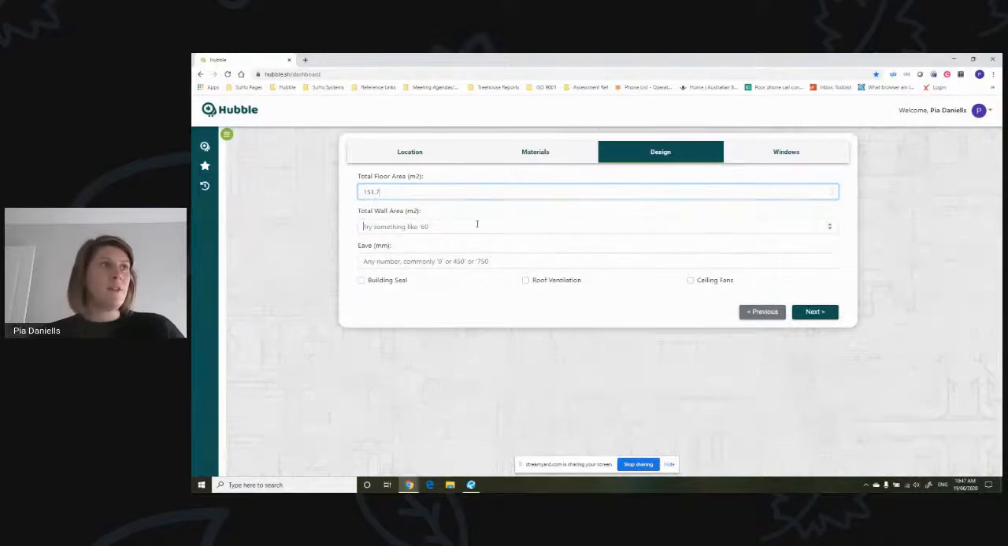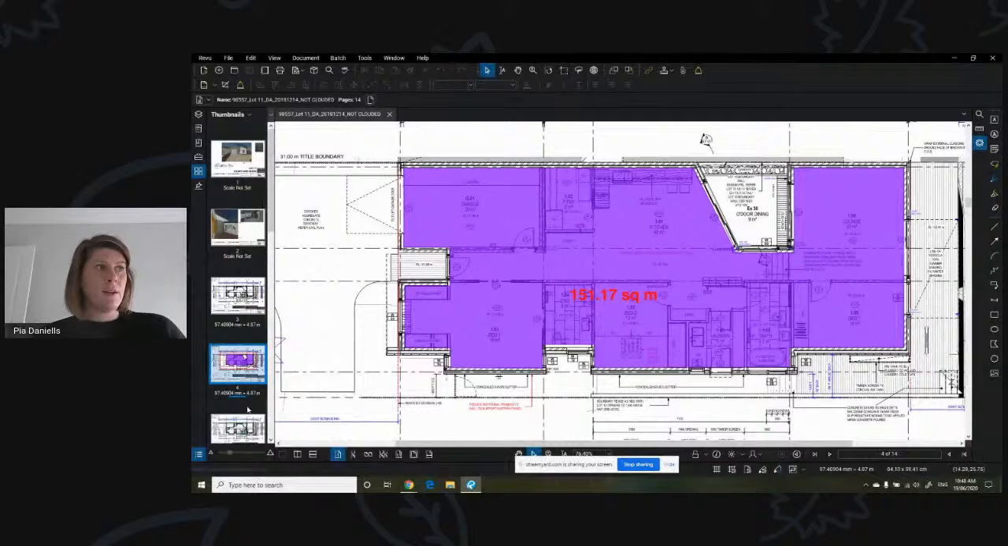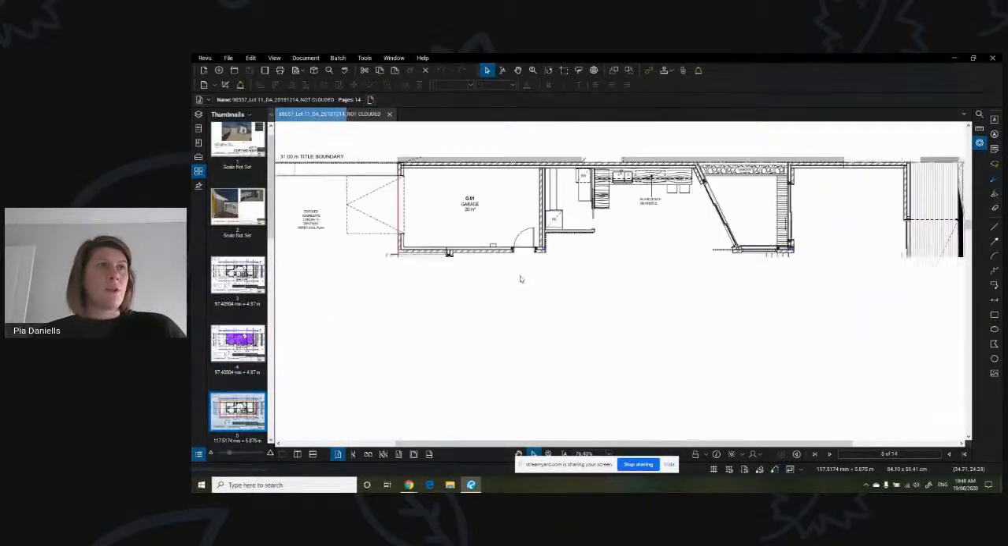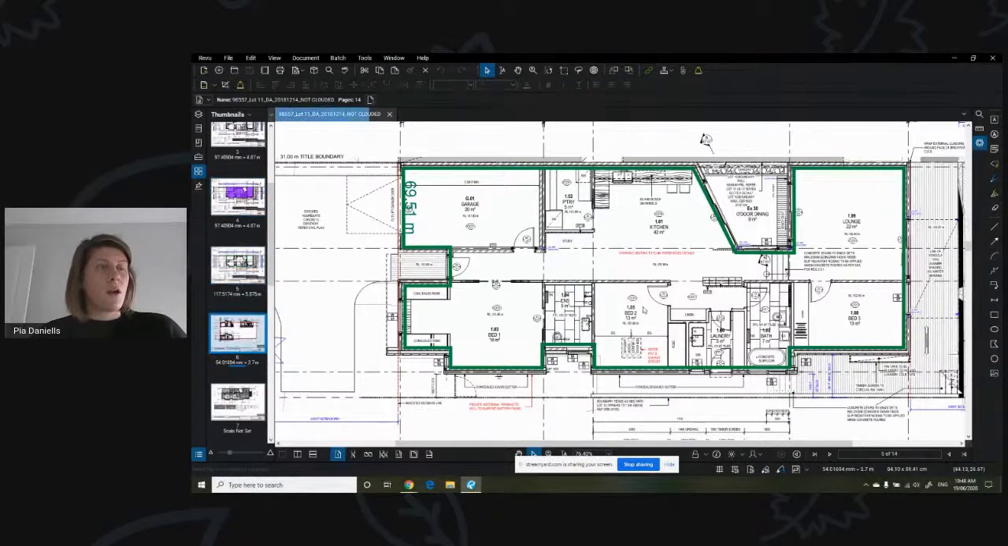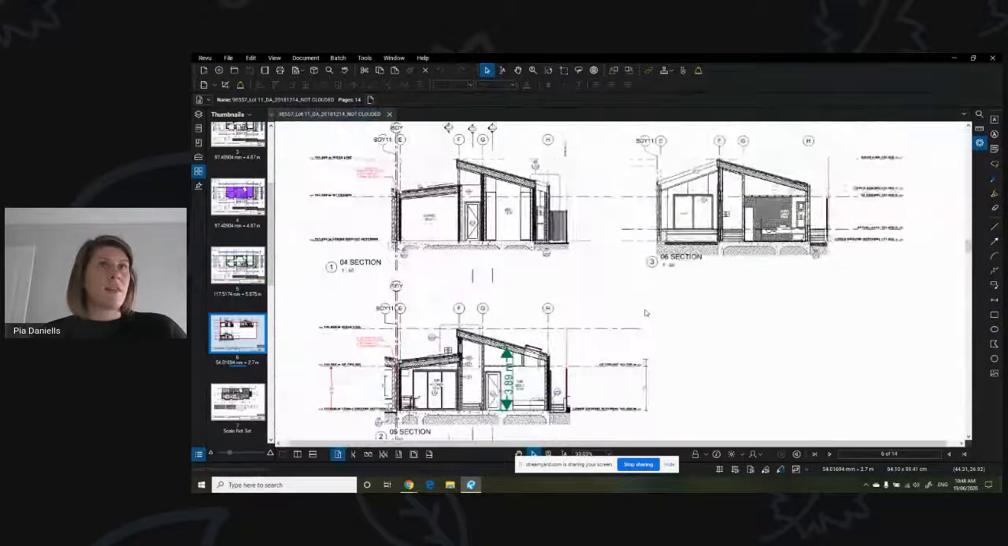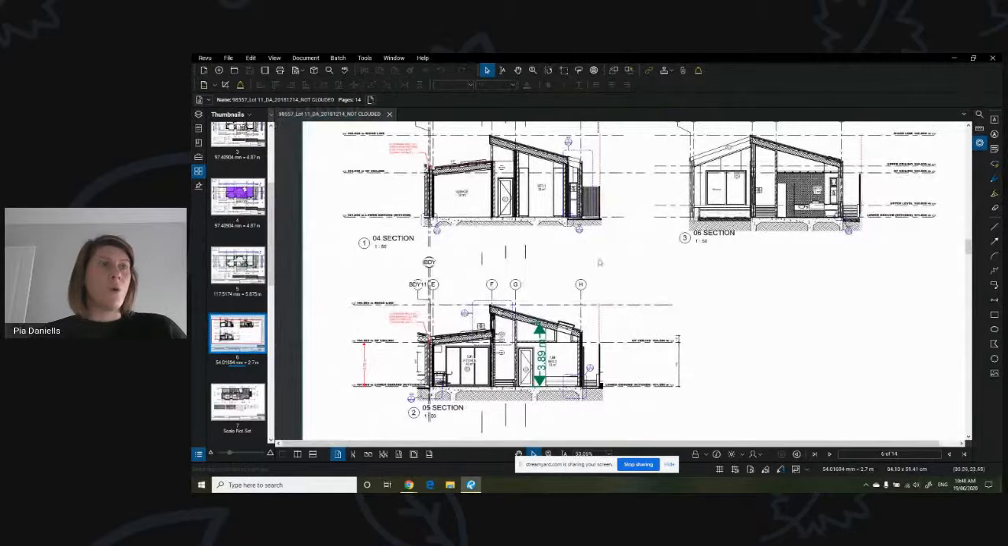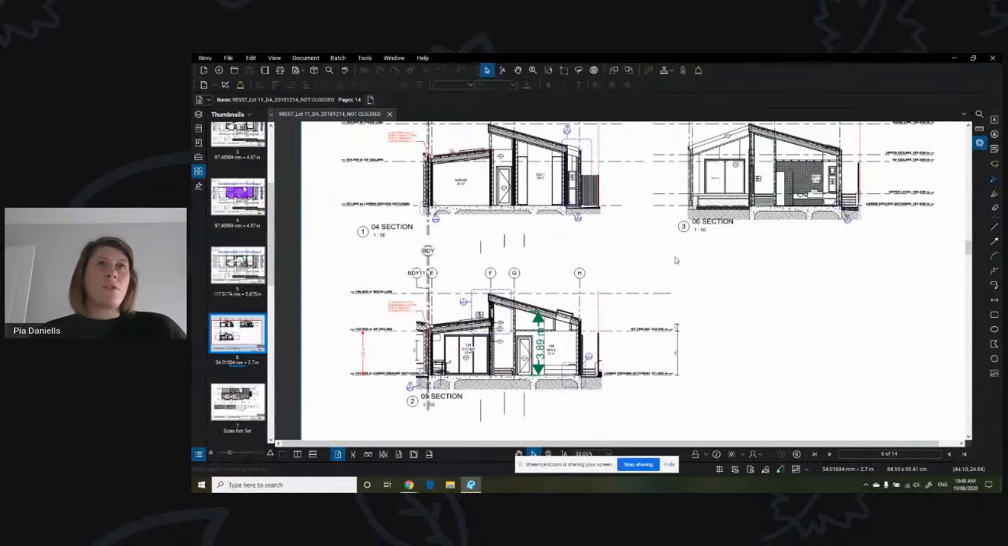151.7 square metres. Total wall area, back to our plans. So here we're looking at the perimeter of the building multiplied by the ceiling height. So normally we would take the ceiling height as just being the height of the walls, the external walls, if it's a flat